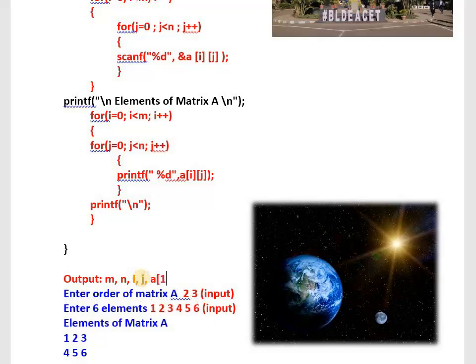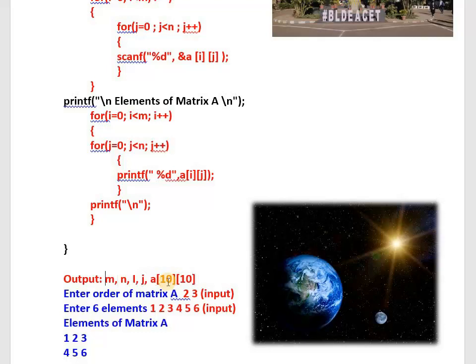Choice is yours. I go for 10 by 10. If you define a 2D array of the size 10 by 10, it means the maximum user can enter the order as 10 by 10 only. That is the limitation of the program. It is not compulsory that you need to go for 10 by 10 only. Go for 15 by 15, 20 by 20 also. You are the developer. By doing the discussion with the customer, decide it. 10 by 10 means 100 values you can store. Just to give you the example, it is more than sufficient. I hope you have understood.